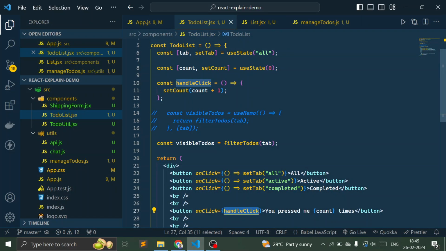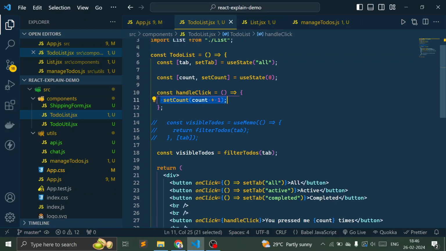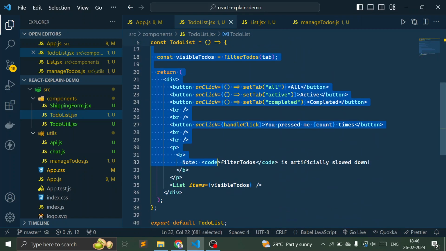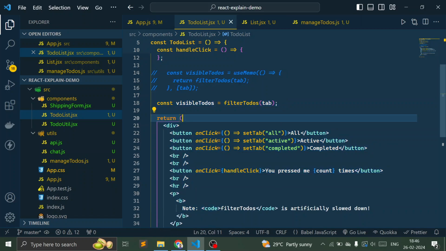The reason is that every time the handle click is called, this set count will change the count state variable, which will trigger the whole re-render of the UI. And whenever the re-render happens, this visible to-dos will be populated by calling the filter to-dos again, and the filter to-dos has the artificial slowdown method. Now we want that whenever the tab is not changed, filter to-dos should not be called,